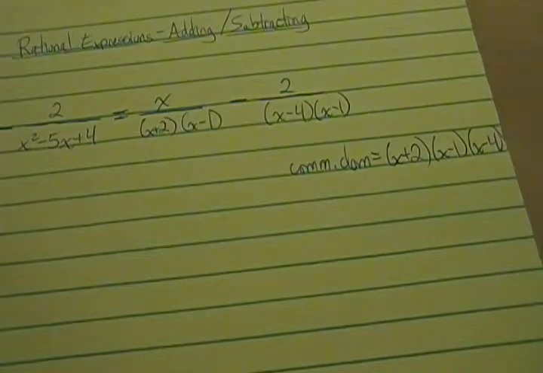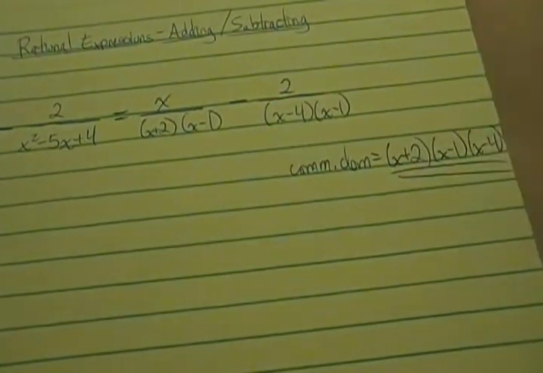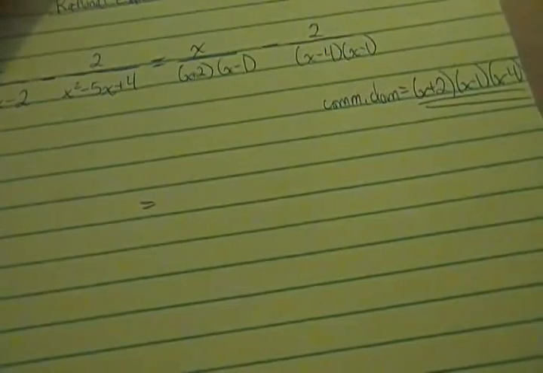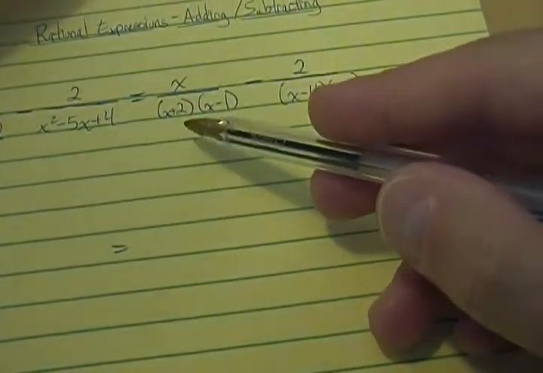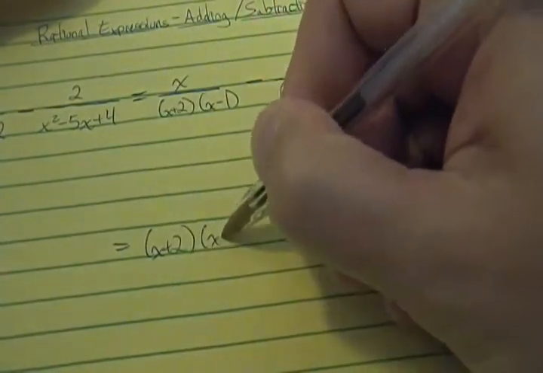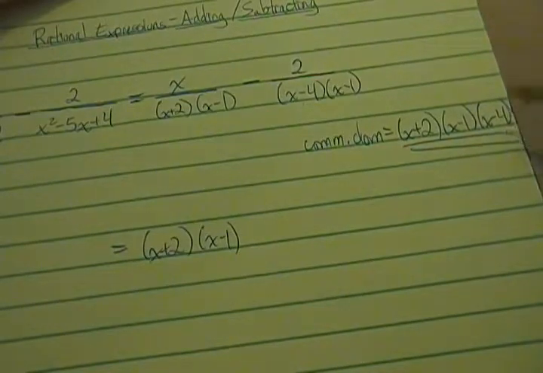You factor your denominators, and then you basically take one of each factor to figure out what your common denominator is going to be. All right, so what we need to do now is make sure both of our fractions have that common denominator. All right, so let me kind of skip down here a little bit, just so we have some space. So our original fraction, the first one, had factors of x plus 2 and x minus 1. All right, so we already had those factors,